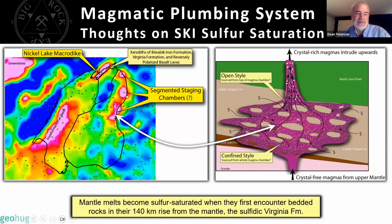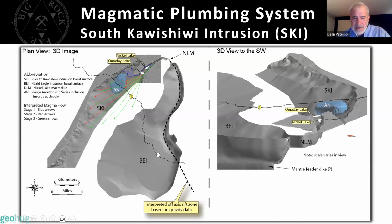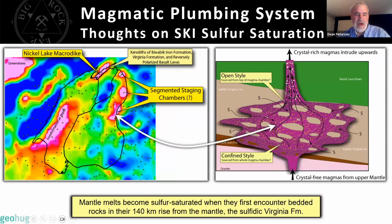We look at the Bald Eagle Intrusion. Back one. It's shaped like this from gravity modeling. It's a huge bowl-shaped intrusion, trapdoor kind of thing, with big, giant gravity anomalies right here, three of them right up in here and here and up here. Those gravity anomalies look like this. One can envision, what is this right here? Well, this is where